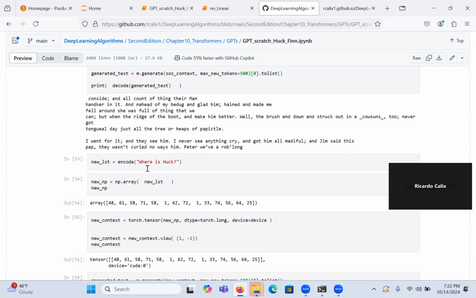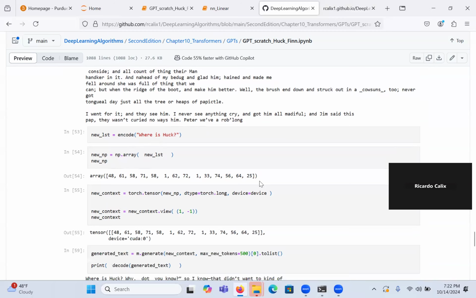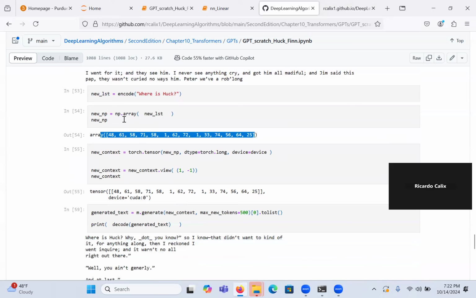Remember, we're using an encoder that we created, a dictionary. Here is Huck, so that would create a list of integers. We encode it into a new list, and the new list goes into an NP array. And there you go, we have a list of integers. That's what goes into the GPT. Make sense? So once this is a NumPy array,